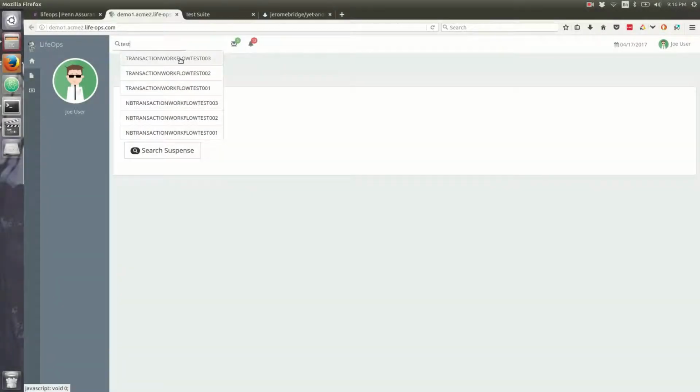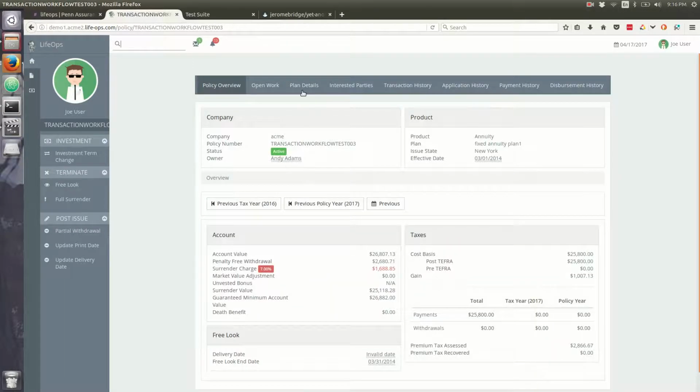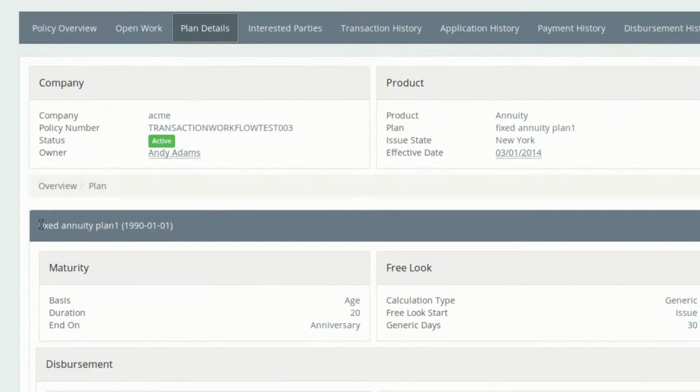Once logged in, we can bring up our test policy and see if the fix is working properly. When we select the Plan Details tab, we can see the plan description is displayed properly. As the user, we are satisfied with the changes. At this point, the user is satisfied with the changes and we are ready to merge them into the main